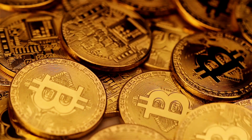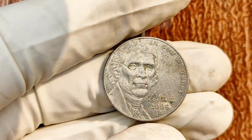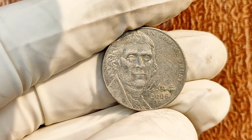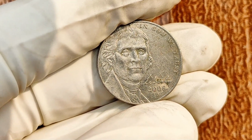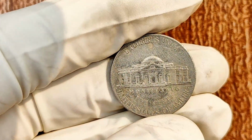Imagine holding a small, ordinary nickel in your hand. Now, what if I told you that one of these seemingly everyday coins could be worth a jaw-dropping $9 million? Yes, you heard that right. One lucky find could change your life forever. And the best part? You might already have one sitting in your pocket or tucked away in a jar at